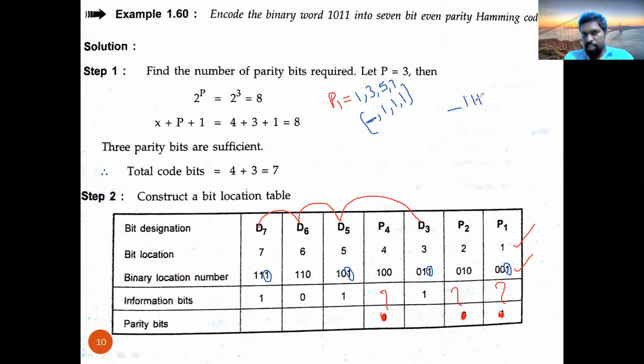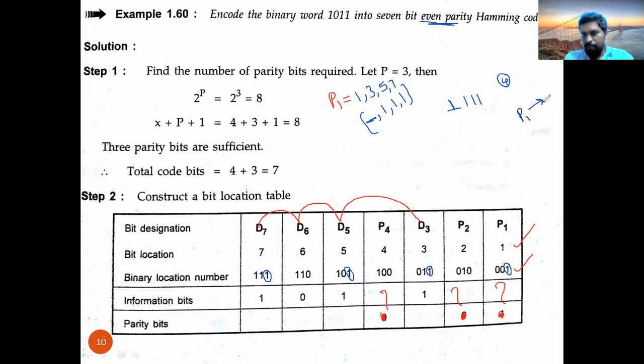And what is the given question? Even parity. What is the condition of even parity? When you count the number of ones, you should have an even number. When you count here 1, 2, and 3, only 3 ones are there. So what is the value to be replaced here? If I place 1 here, then if you count 1, 2, 3, 4, four ones will be there, so that even parity is satisfied. So the value of P1 will always be 1.